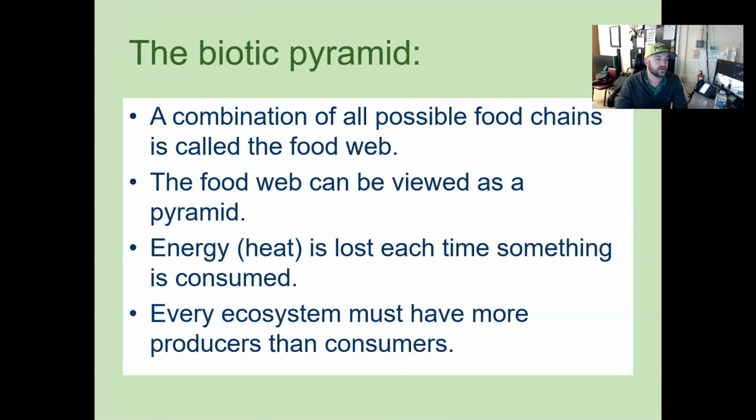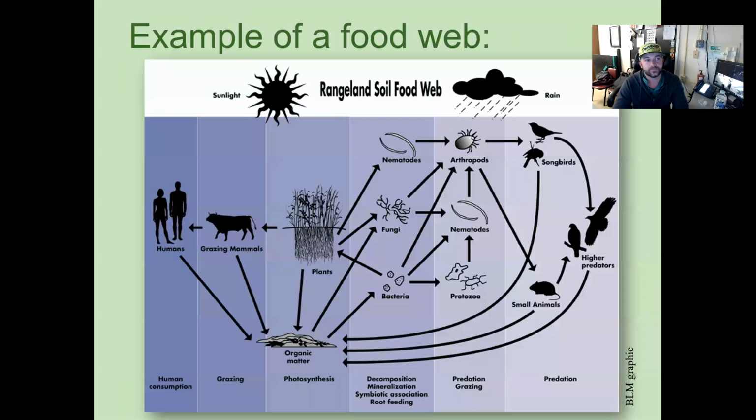So the biotic pyramid, a combination of all possible food chains, is called the food web. The food web can be viewed as a pyramid. Energy, heat, is lost each time something is consumed, and every ecosystem must have more producers than consumers. So, an example of a food web: you have humans creating organic matter. You basically have everything creating organic matter, but when you get down to organic matter down here, that's when you start seeing bacteria coming up for the plants, protozoa to nematodes to arthropods, going to songbirds,